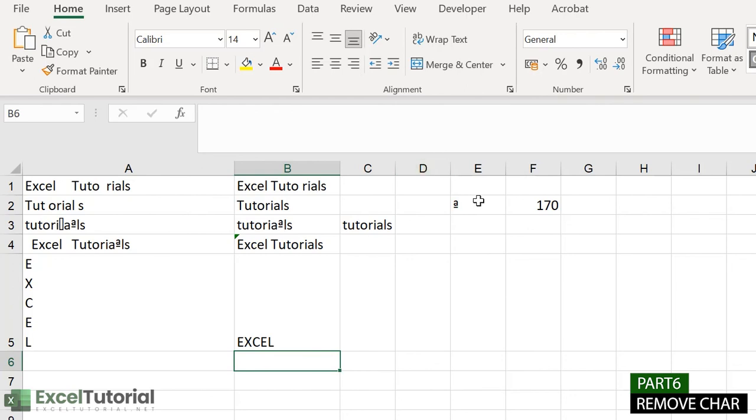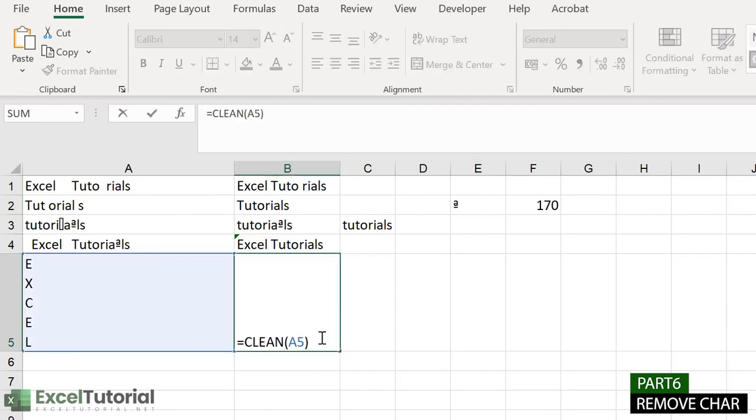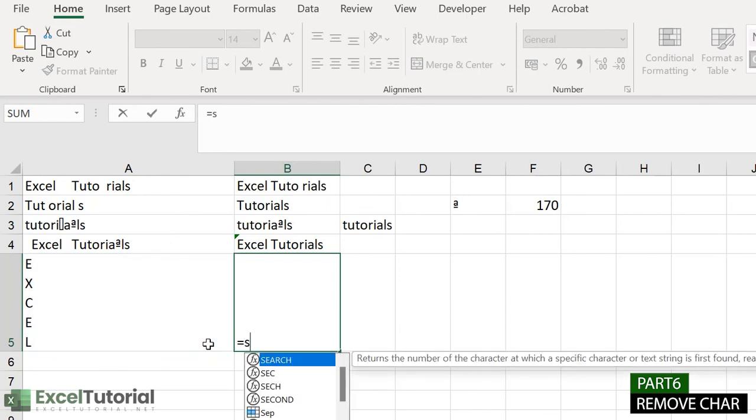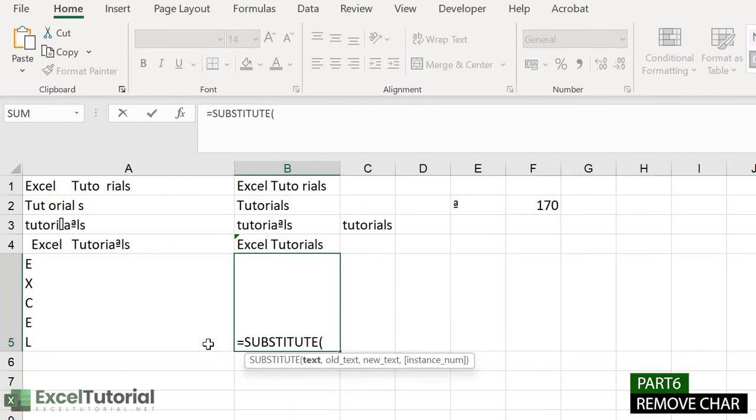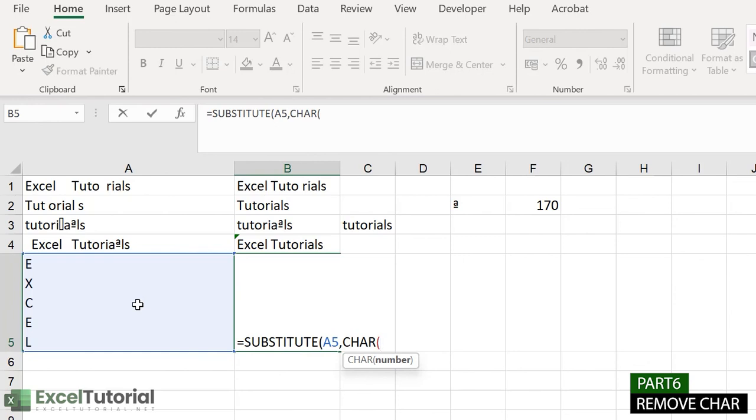You can also do it the same way we found the code of this character, right? And it's very simple. SUBSTITUTE: in the text argument is this, the old text will be the character, which is 10 here, and the new text will be nothing.